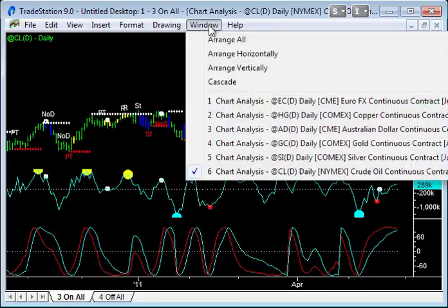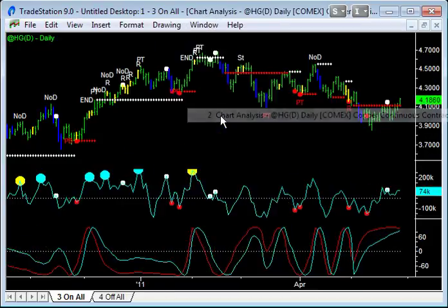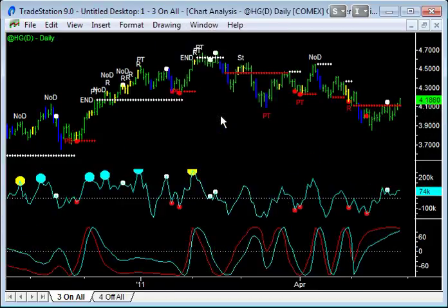The next one to look at is copper, so we'll go to that one. HG here. This one's a much neater chart, and you can see copper at the beginning of the year had a really nice pattern. We had all these exhaustion buying patterns up here. First of all, we came into all these amateur up bars, Rambo patterns up here. Then we made a final push back up with a pullback and end of trend sequence